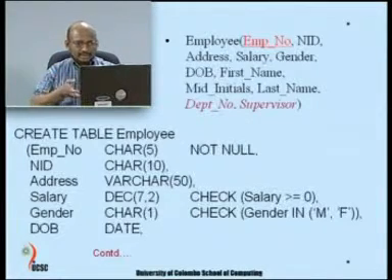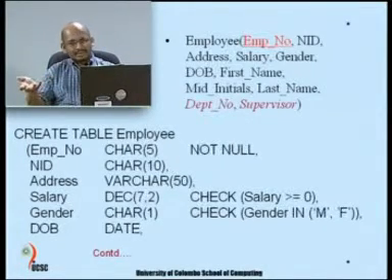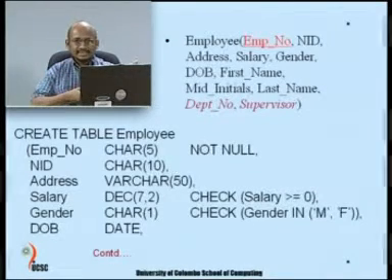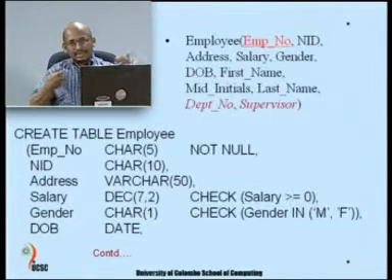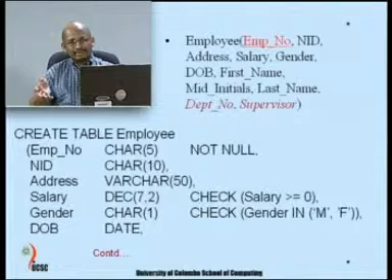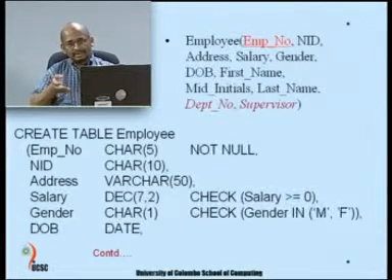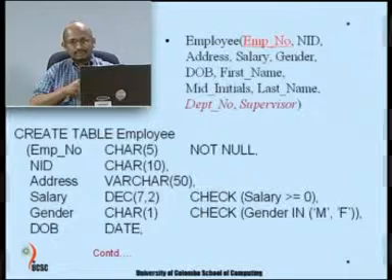Now, for the gender, to identify whether it is male or female, in this particular case we have used one single character storage where you type M or F. So, if you type any other character we want to reject it. So, we have a rule to check whether gender is within this set of values. In is a keyword used to check for a set of values, and the value set is M or F, which is a single character, and we have to use within quotes.